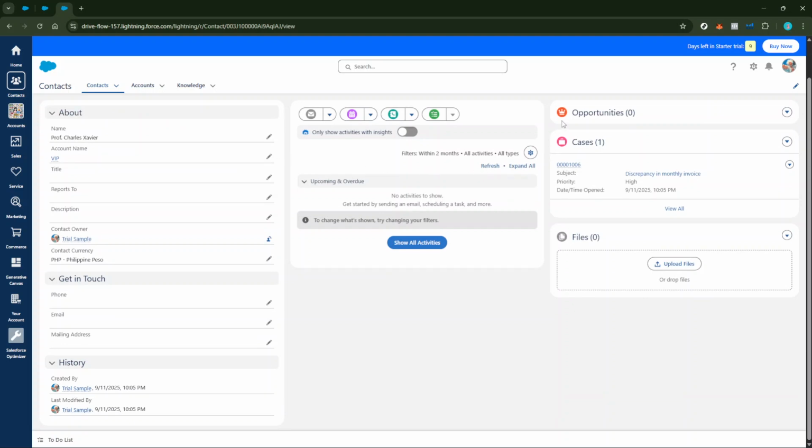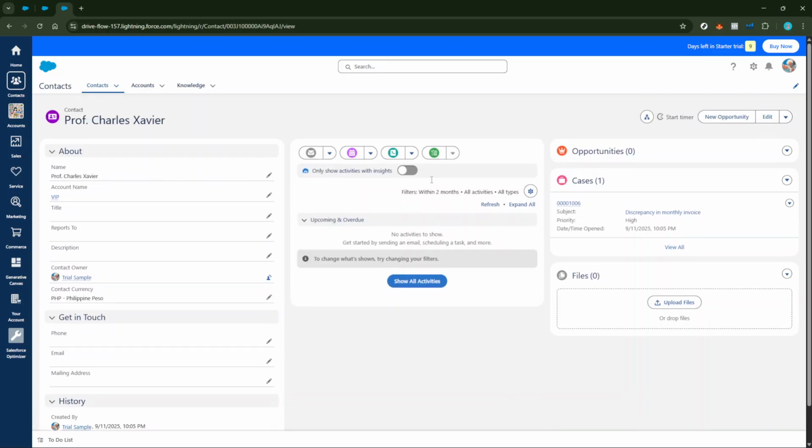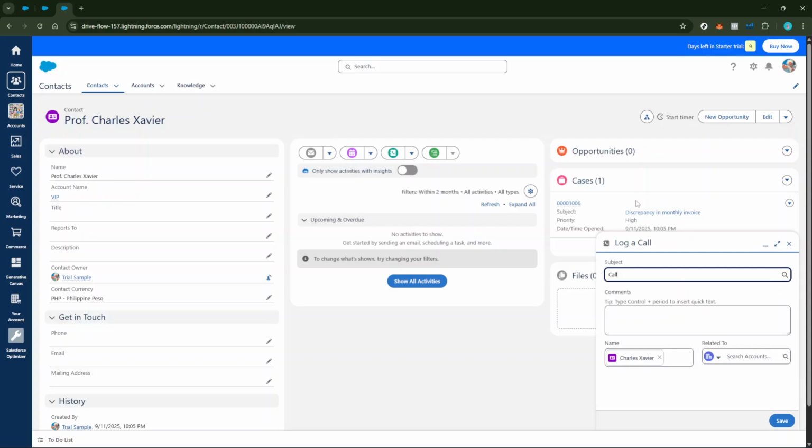Now, locate the activity component area on this page. This is often situated centrally on the layout and presents options for directly logging actions associated with your records. Hover over it and you'll see Log a Call amongst other choices. Clicking Log a Call initiates the process of formally recording your interaction, which is crucial for maintaining a history of